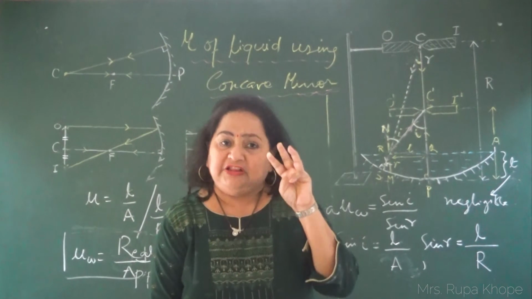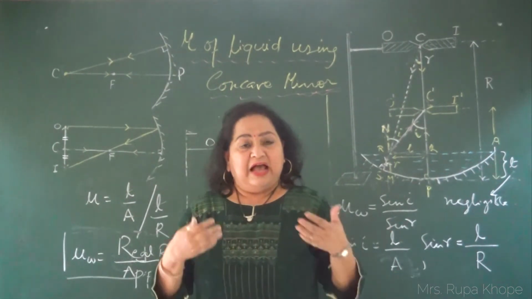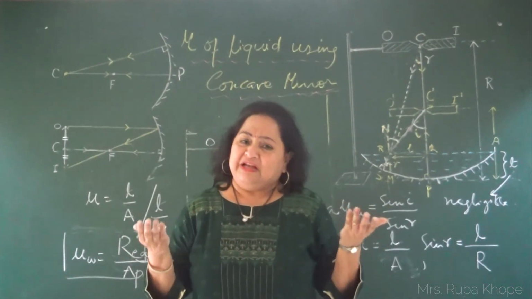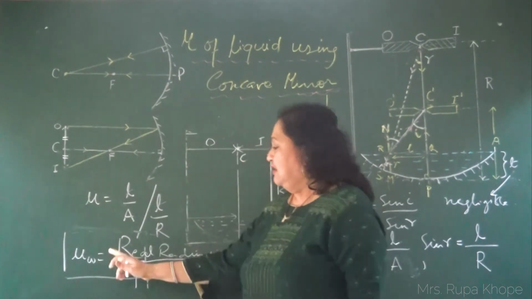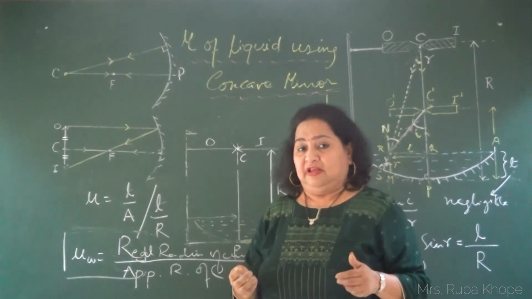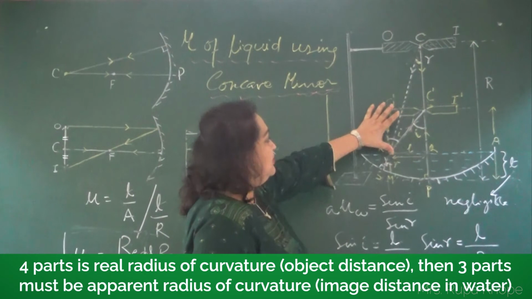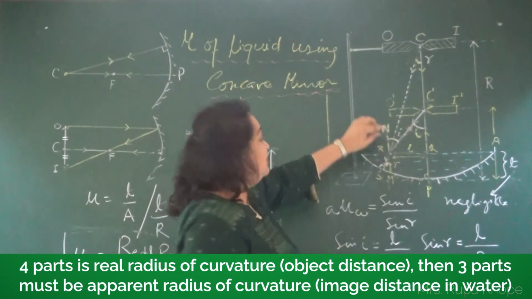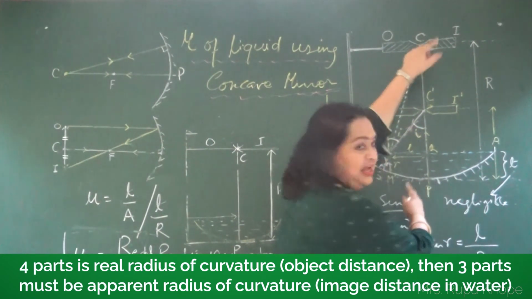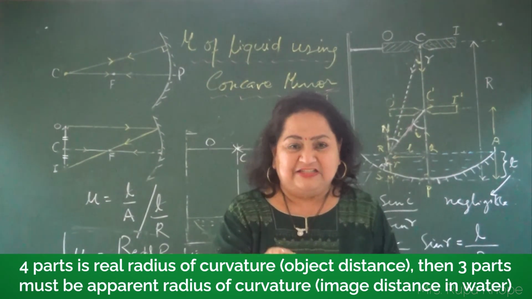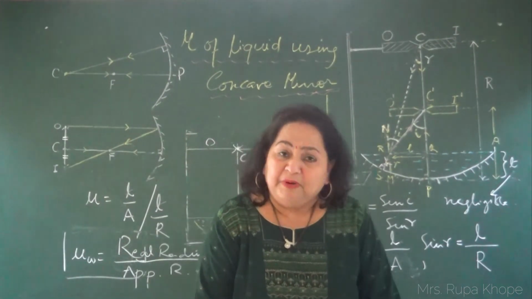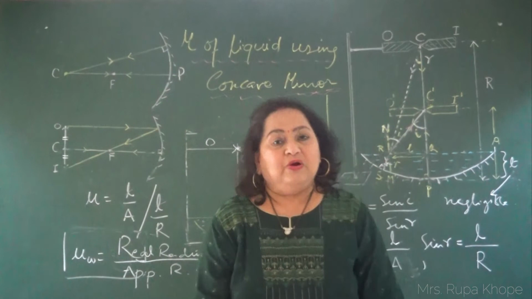In the laboratory, we are given 3 mirrors. So we are using 3 mirrors and finding the same thing, mu of water. In 3 mirrors, real depth and apparent depth will definitely change. But ultimately, you get the constant answer, mu of water. We expect that the water value should be 1.33, 4 by 3. So actually, if you look at the diagram, it's not perfect, because the object distance is 4 parts and then 3 parts of this line should be the image distance. But in order to show these angles, I had to make some adjustments to the diagram. But you need to know the concept well to understand this experiment.